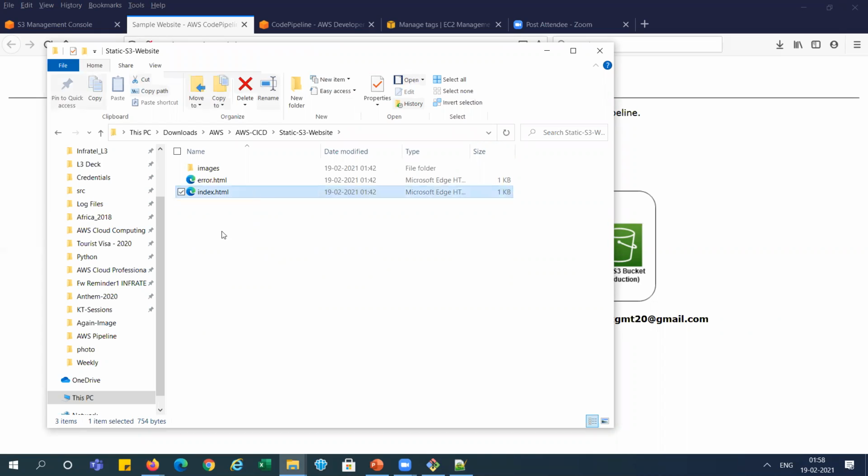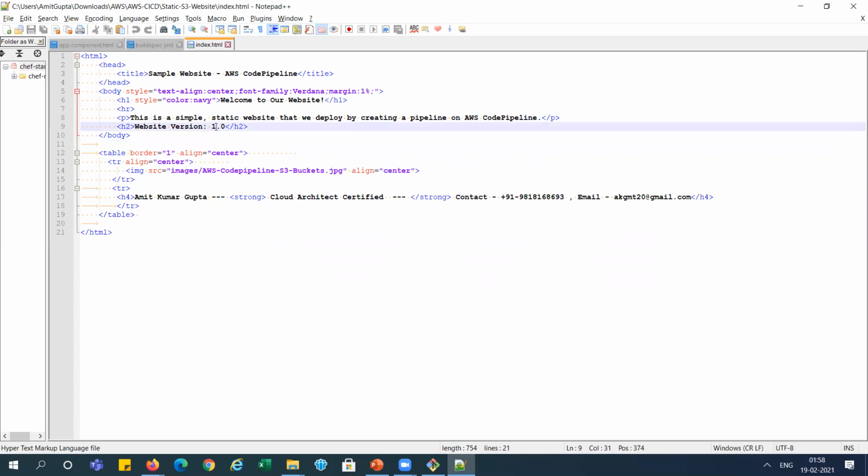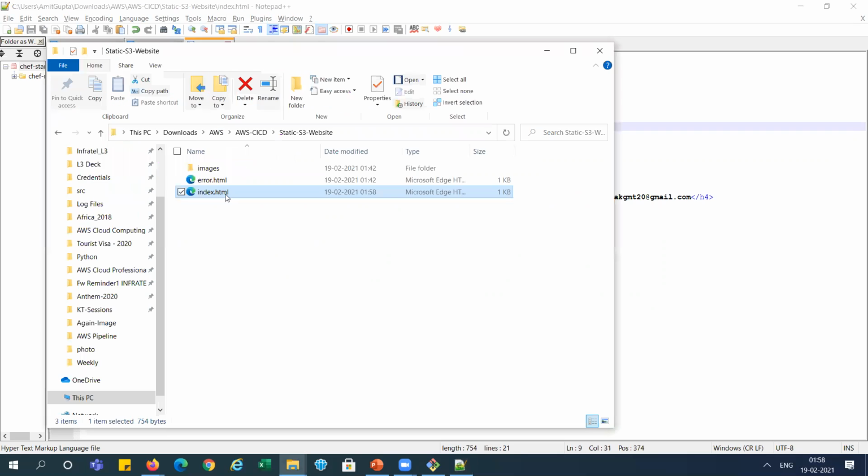I am opening this index file. Here I am adding 4.0, right? So it is there. Now creating a new zip for that, right? I'm creating the new zip.